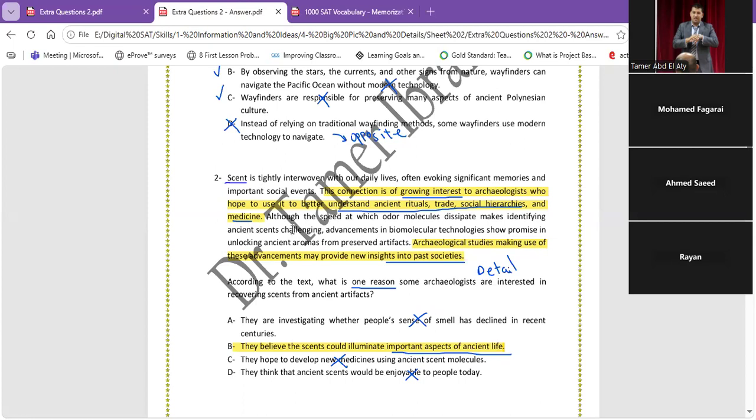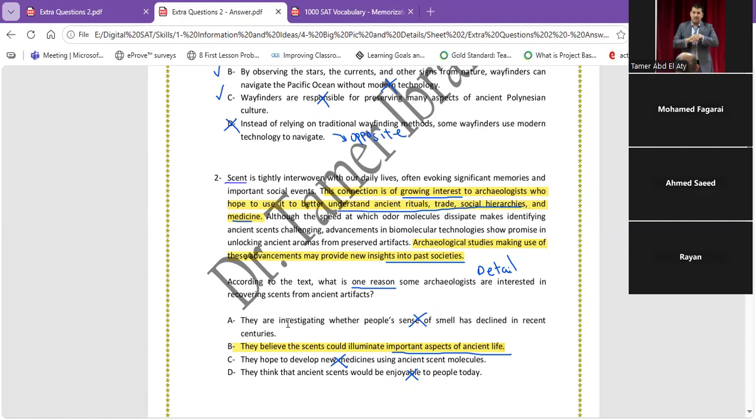But you're going to complete also. Maybe you're going to have something else. Although the speed at which odor molecules dissipate, spread, makes identifying ancient scents challenging, advancements in biomolecular technologies show promise in unlocking ancient aromas from preserved artifacts. Archaeological studies making use of these advancements may provide new insight into past societies. So now we know that they are interested in recovering scents just to understand ancient ritual, trade, social hierarchies, and